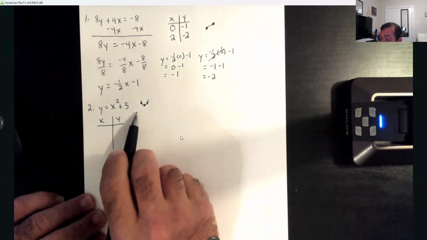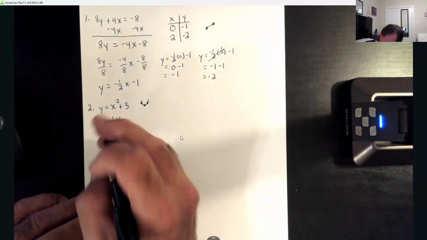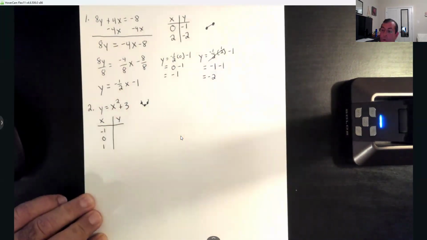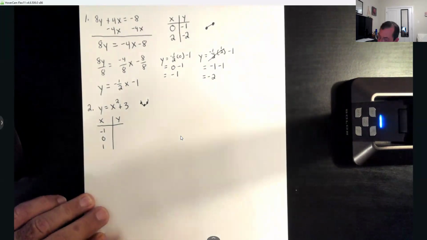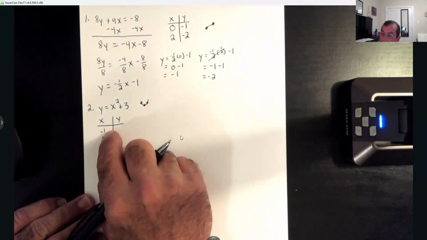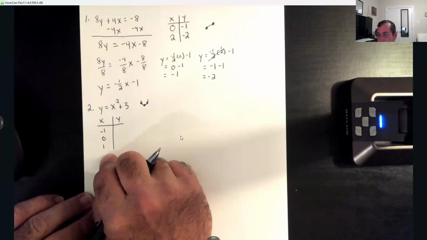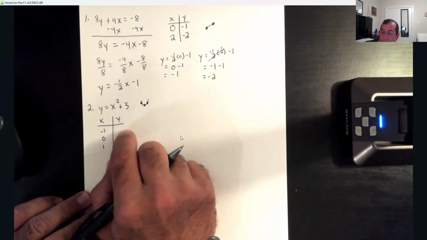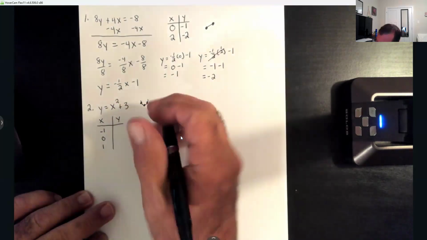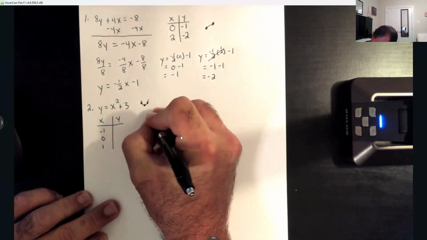Hey, y'all, for me, on these kind of graphs, I always use a -1, 0, and a 1. These graphs are symmetric, so whatever I get for -1, I'll get when I do the 1, okay? So they're going to be the same answers. So let's put in a -1 first. So we got y equals